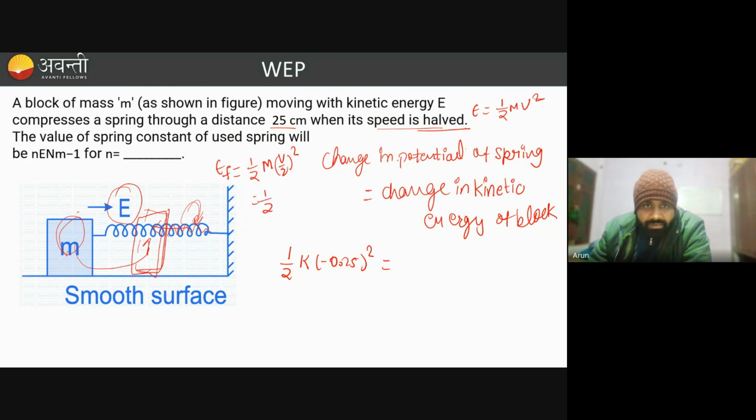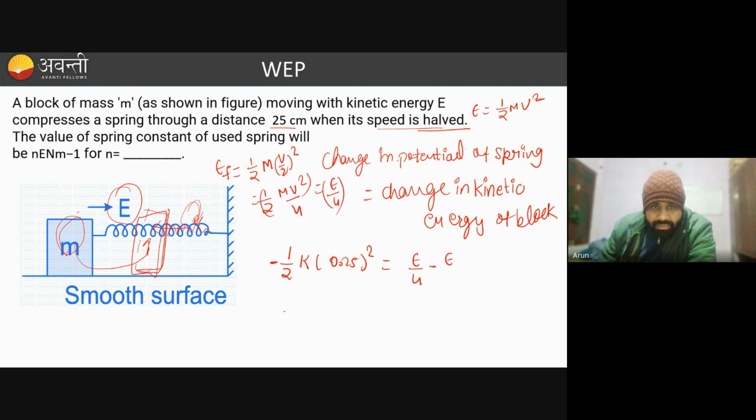So it will become 1 by 2 times mv square upon 4. 1 by 2 mv square is nothing but E by 4. So finally it has E by 4 minus initial. Initially it is E. And this is minus of, because we are compressing the spring. So it will become minus 1 by 2 K into 0.25 whole square